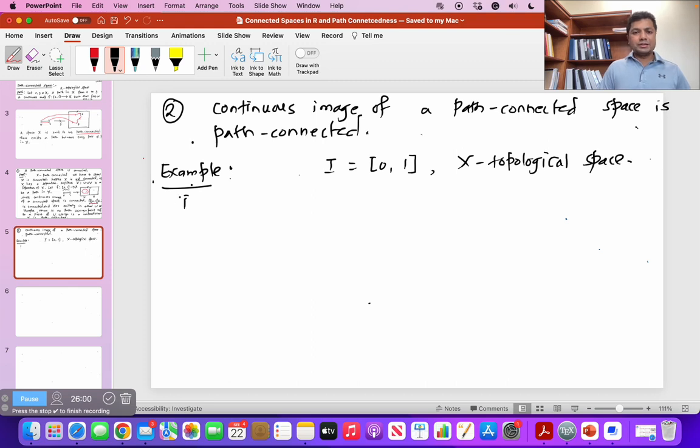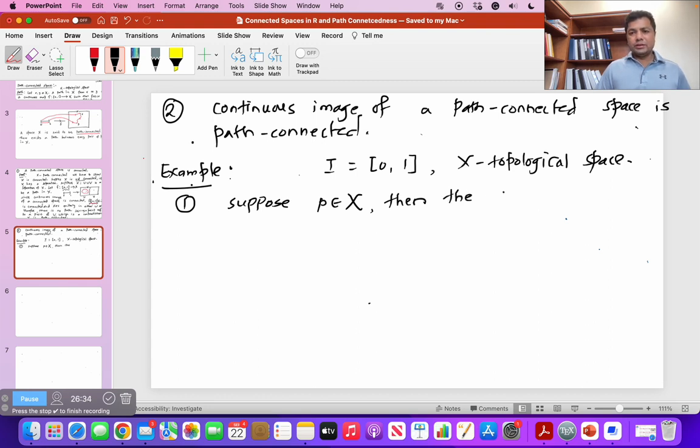Now, the first two examples are examples of a path in a topological space, and the remaining examples are examples of a path connected space, and the last one is connected but not path connected. Okay, all right. So suppose P is an element in this topological space X. Then